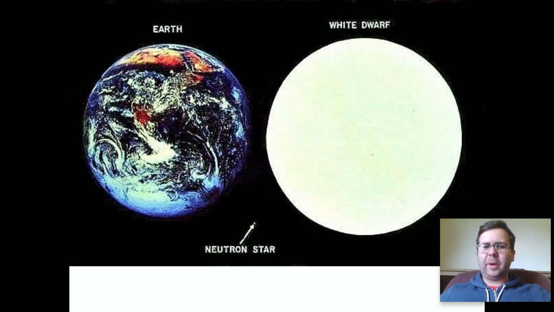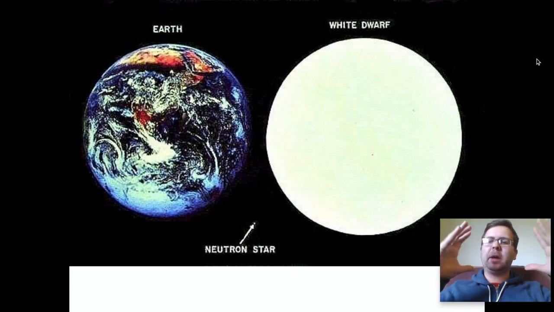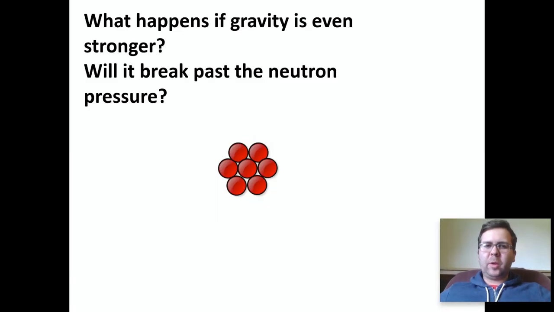Now look at a size comparison. If you take the sun and compress it down to the density of a white dwarf, this is what you would get. But if you compress it down to the density of a neutron star, it's so, so small. It's the same mass, but it's compressed down to the size of about a city. So take the city of Louisville as a whole and make it a ball. That would be the size of a neutron star. Very, very dense. That's really interesting.